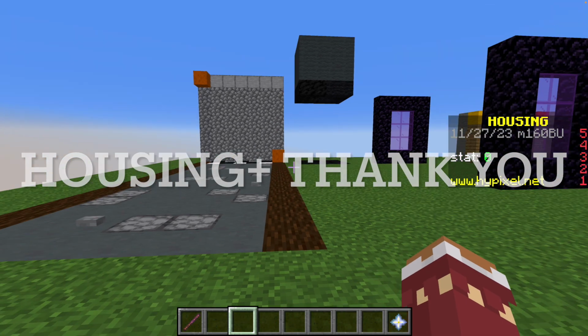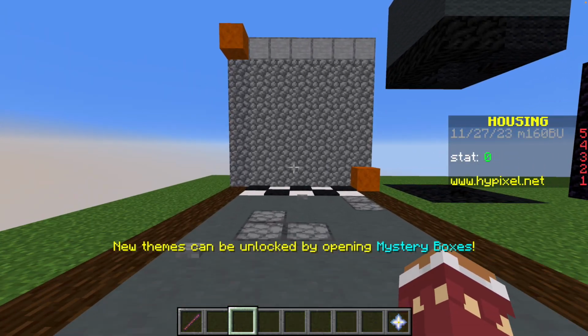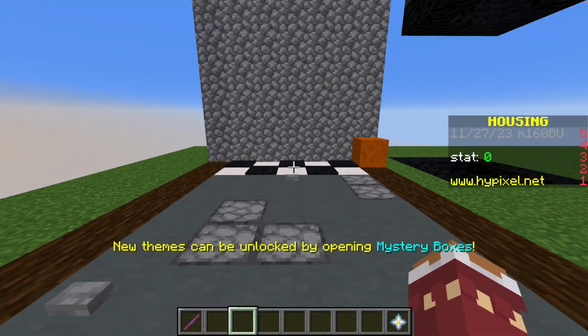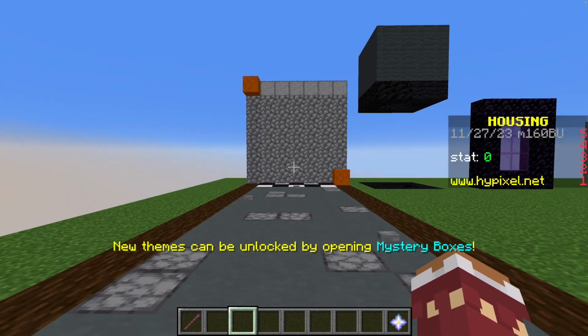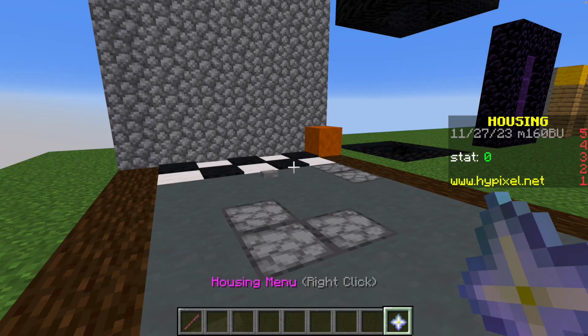Let's run right into this. And first off, we're going to start off with this. So I'm going to run into this. And as you can see, it teleports us back. So this would be used for like a running simulator thing, and how you make it is you want to